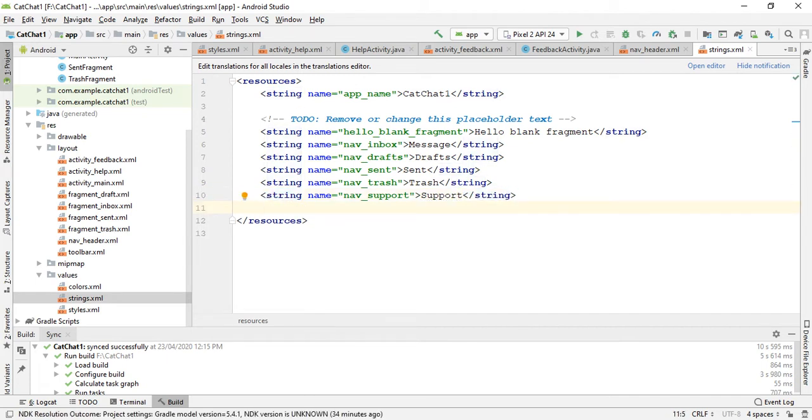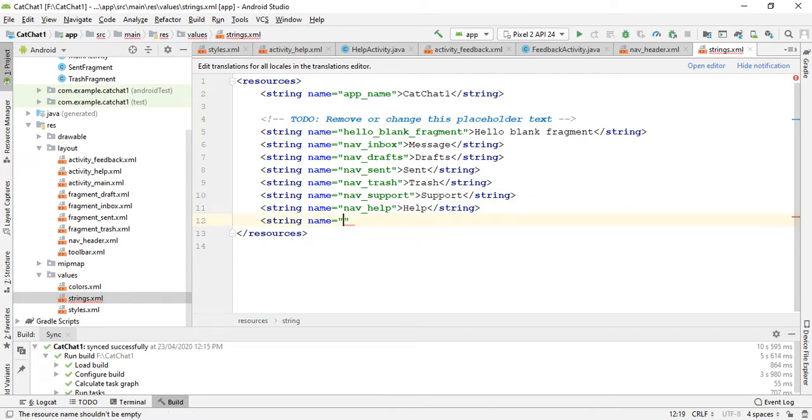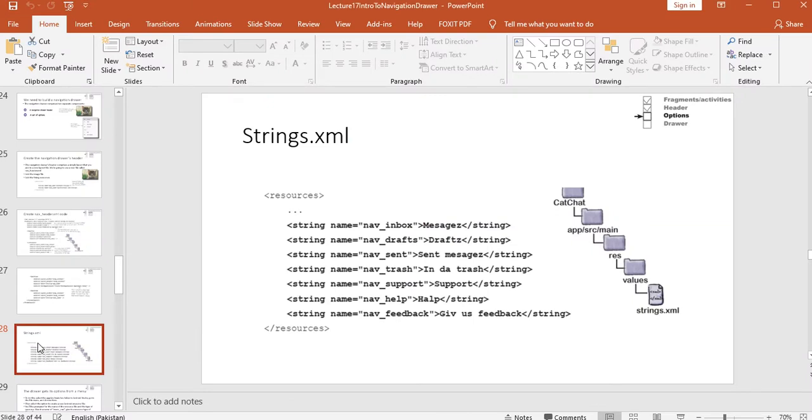Okay, two remaining for the activities, which is help and feedback. So now the last one remaining is feedback. Okay, it is done. Now we will go to the next slide